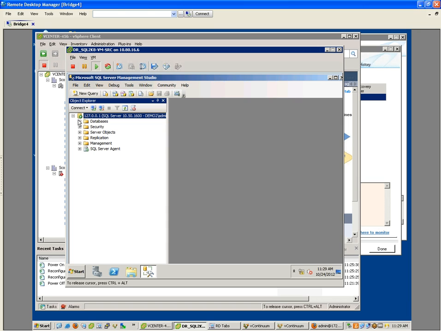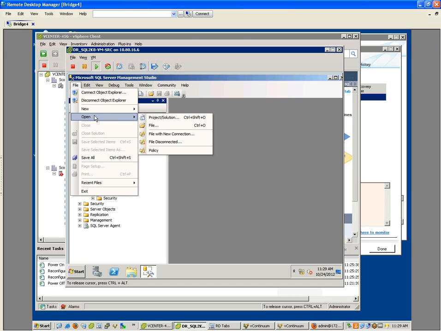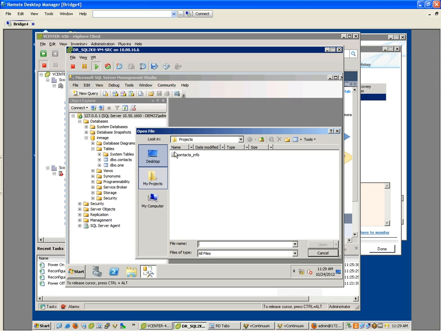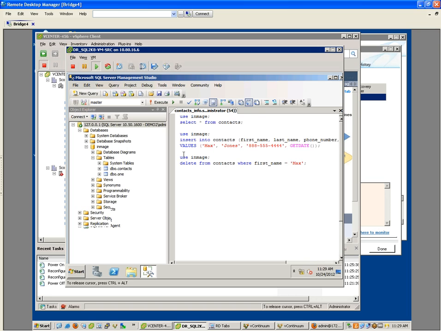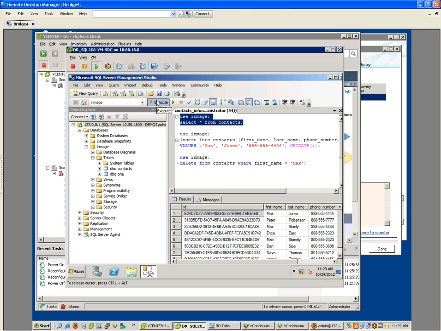And you can see SQL has started. It did not complain about any inconsistencies in the database. You can see we have a small database here with a couple of simple tables. I actually have a cheat file that I can pull out. It just has a simple select statement on it I can use. Let me go ahead and grab that. And remember, we failed over the entire server. So anything that has been done on the operating system level, as well as with the application itself, has been completely copied over in this failover. We'll simply highlight this select statement and execute it, and you'll see that the SQL Server is responding, and we do have information in that SQL Server in the right order.